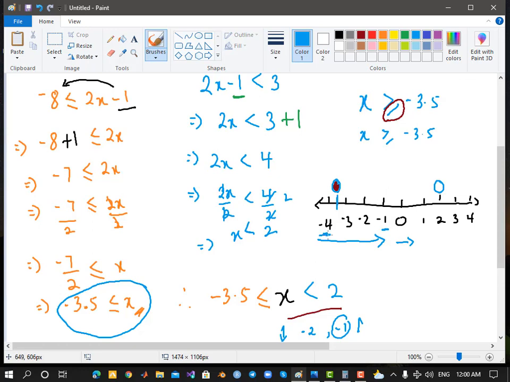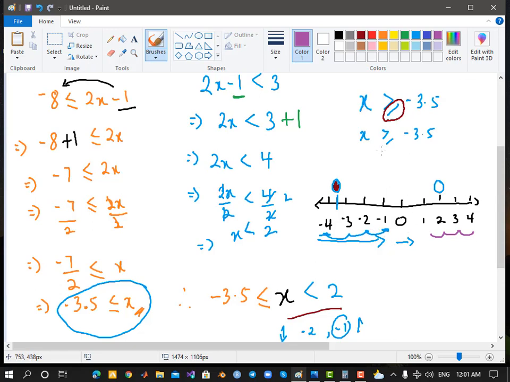But this side means you have a lot to do with, and this one means you have less to do with. So in terms of value, negative 1 is more valuable than negative 2. Negative 2 is more valuable than negative 3. Negative 3 is more valuable than negative 4. But when it comes to the positive section, it changes. 4 is more valuable than 3. 3 is more valuable than 2. Sorry, 2 is more valuable than 1. 1 is more valuable than 0. But when it goes to negative sign, 0 is more valuable than negative 1. So you have to take notice of that.